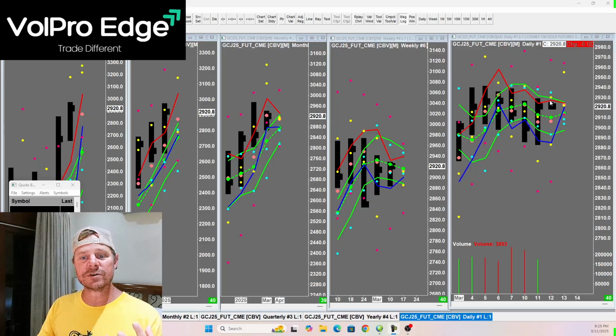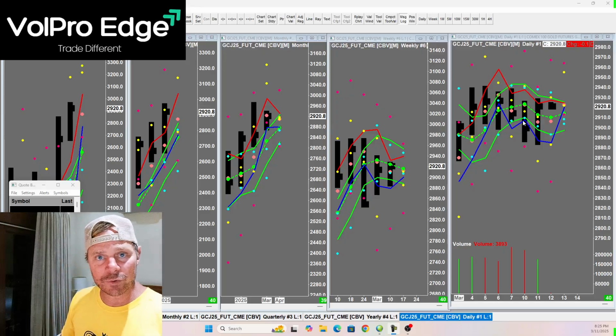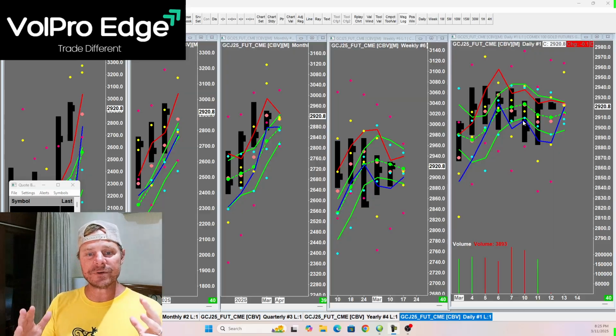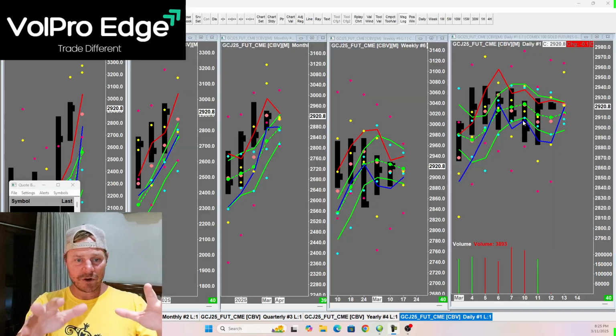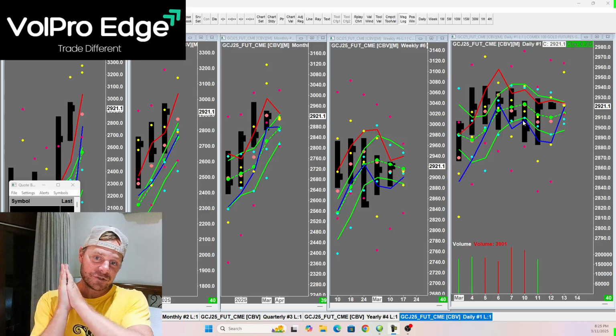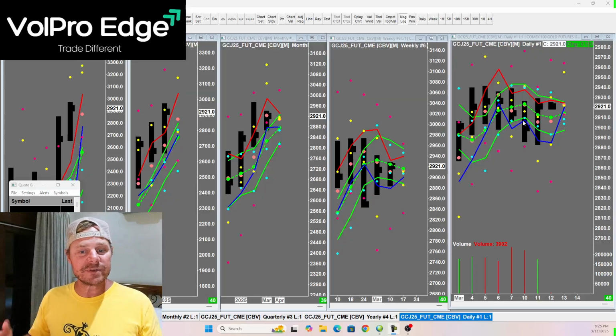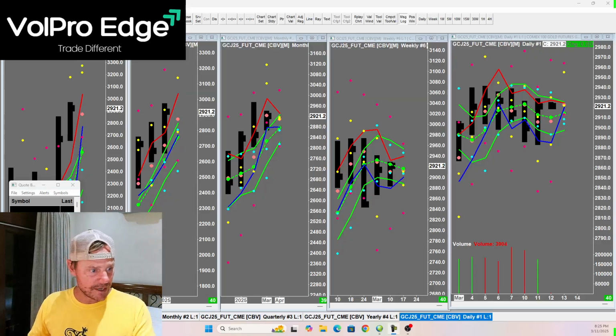Remember, when we launch the course and everything, guys, you're going to have these charts and the indicators on your own screens, whether it's Sierra Charts, TradingView we're developing. Eventually we'll do NinjaTrader. So no matter what platform you're using, you will be able to have my charts and all these dots and lines giving you the key levels so you can watch them intraday. And of course, we'll be in the live day trading room anyway, so you'll be seeing my charts intraday. But gold, I like that short right there.